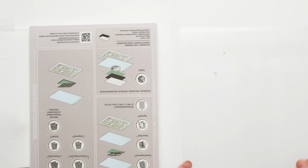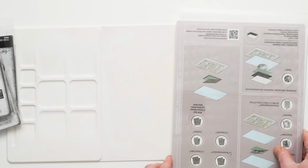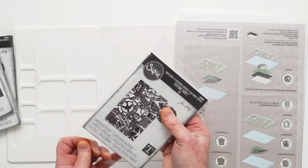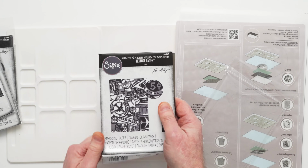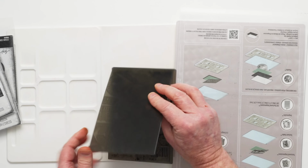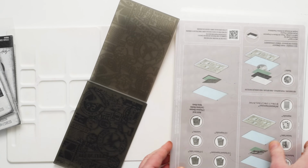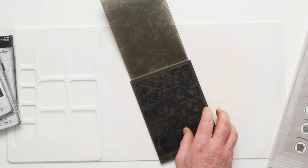But let's put this back in, because there is another technique that I want to show you. And this time I am going to use this folder. This is airmail. This is a design that was a 2D originally that Tim did many moons ago now. I couldn't tell you exactly how long, but this is multi-level rather than 2D. And I'm going to do the same kind of technique, but